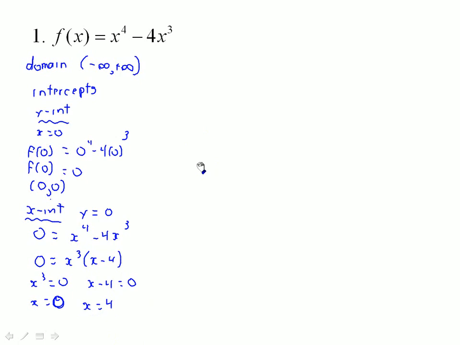If you took the limits, you'd see that the y values would be increasing or decreasing without bound. In this case, actually increasing. And then symmetries. Let's see what can happen with that. So I'll make a note that there are no asymptotes. And then symmetries,